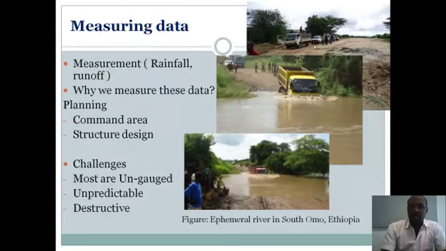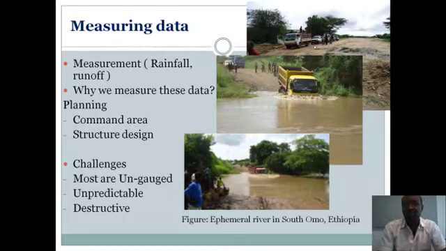So measuring those, basically, if we are thinking of it as a resource, is crucial. While measuring, the first thing is to measure the rainfall. Of course, why we measure rainfall and also runoff is the command area: if we are planning a command area to irrigate, and also if we are planning ponds to construct and so on, we need to know the resource, at least the dependable resource that we could rely on.